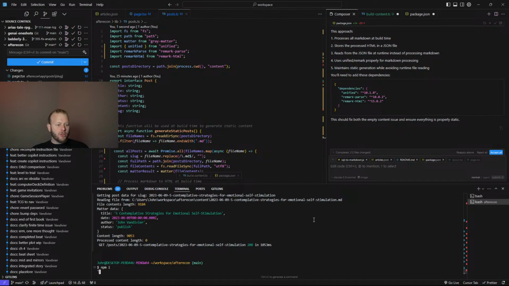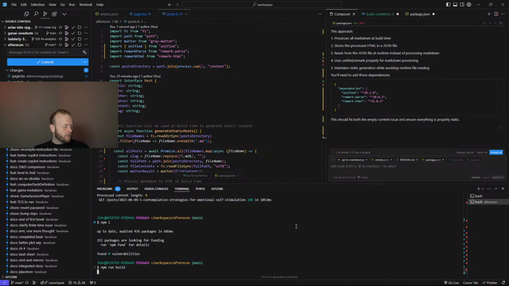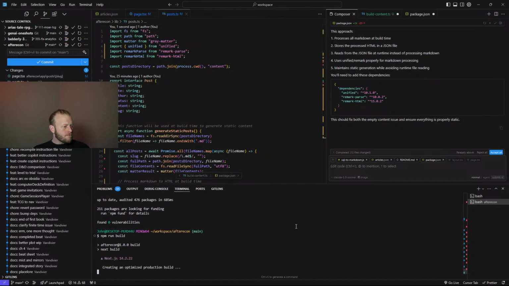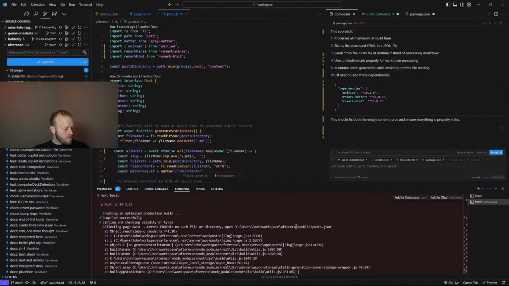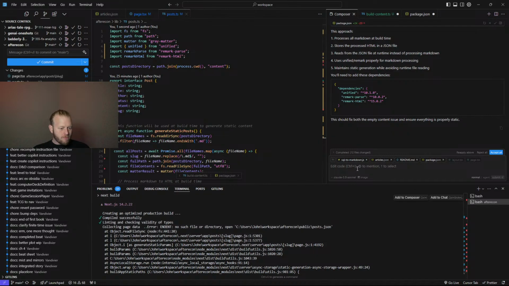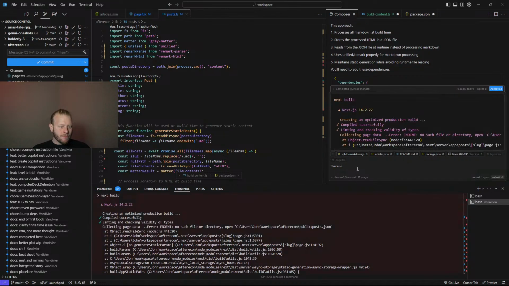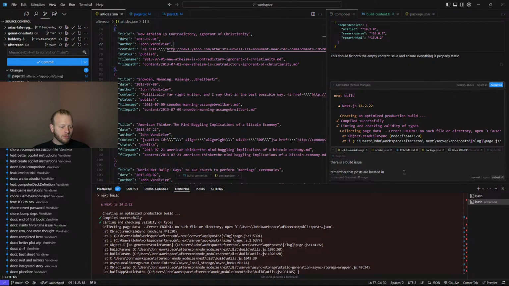So let's npm i the new dependencies. I'm happy to see remark parse. That's actually what I expect. Maybe I can just fix that myself.